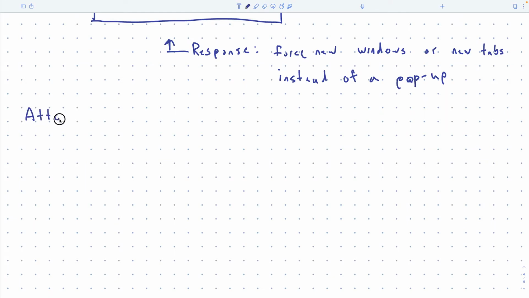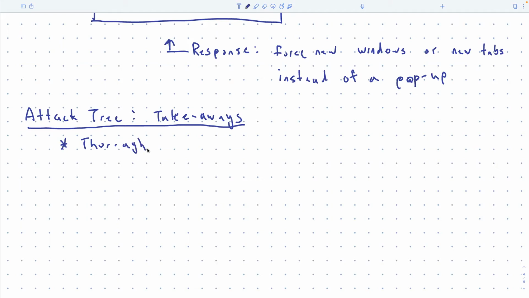But there's a couple other takeaways, I should say. Attack tree takeaways. Okay, so this was a thorough example.